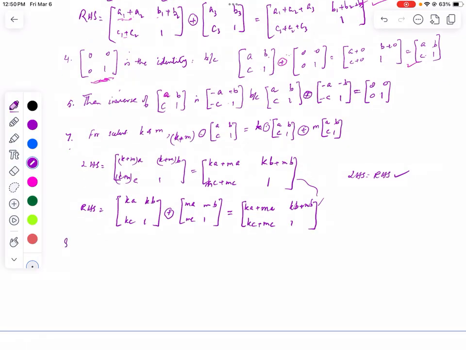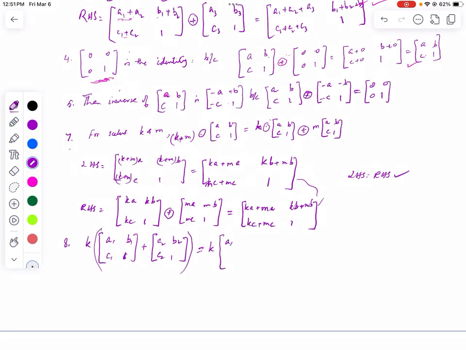Now number 8 is that you have k as a scalar, and two vectors inside, a1, b1, c1, 1 plus another vector a2, b2, c2, 1. So the axiom says that if you have this situation, then it should give you the same answer as if